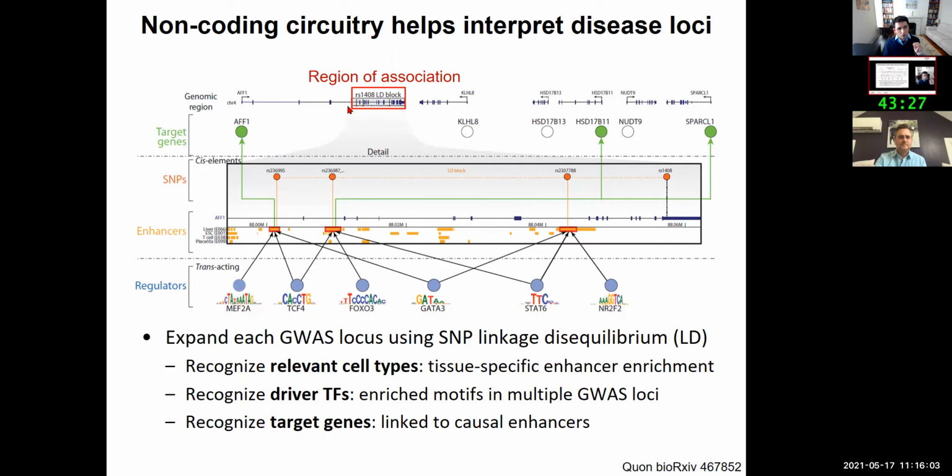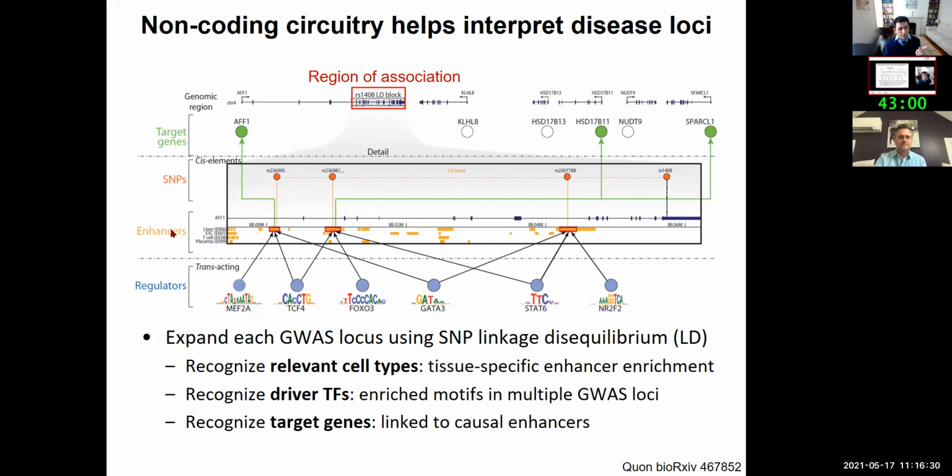What do I mean by circuitry? By circuitry, I mean that instead of just saying there's something going on in this region of genetic association, we can say extremely precisely, here are the SNPs. These are the single nucleotide polymorphisms. These are the genetic variants that underlie this association, number one. Number two, these are the enhancer regions within which these SNPs are sitting, suggesting that they might be perturbing these